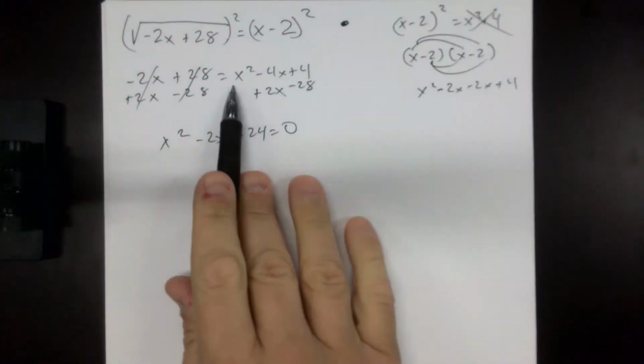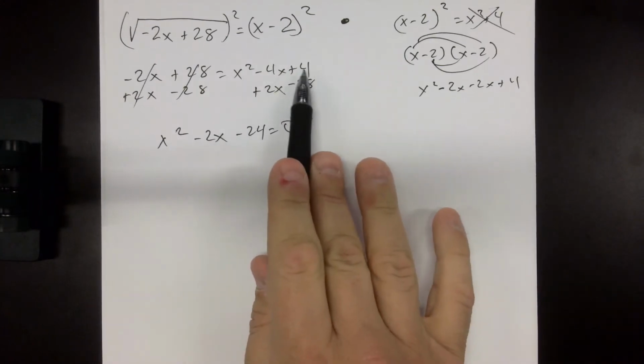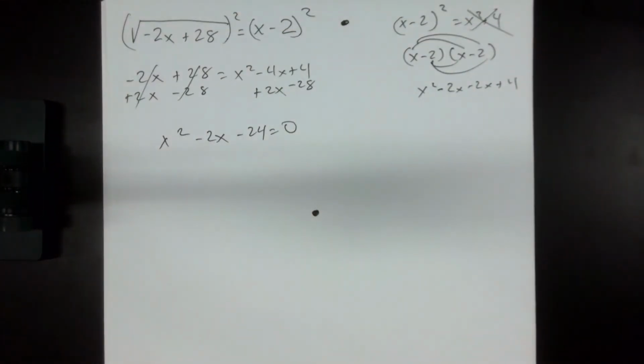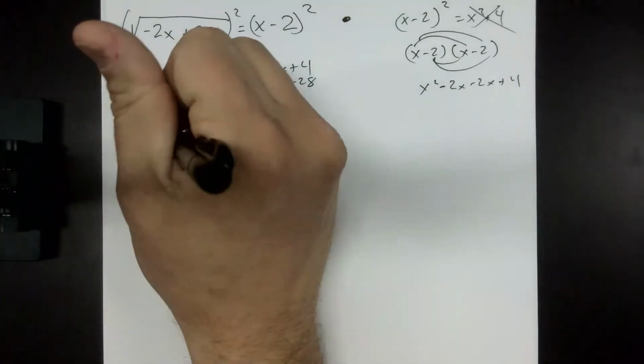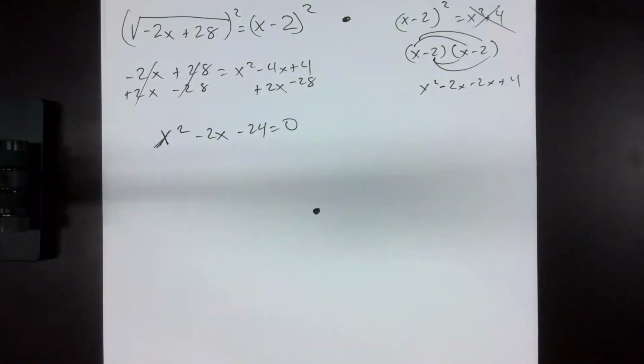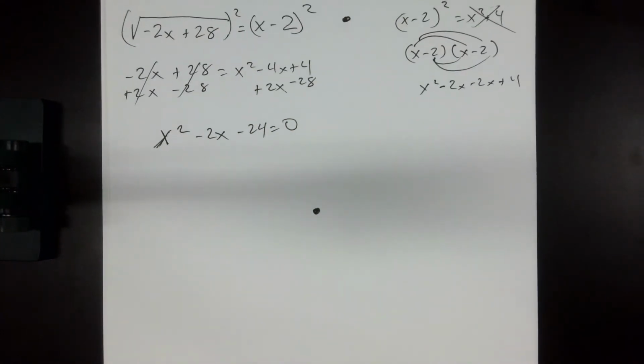Does everyone see that? X squared, negative 4x plus 2x is negative 2x. 4 minus 28 is negative 24 equals 0. So this right here, you're going to see this so much in Math 2 that it's going to scare you. This is called a trinomial. And we're going to learn